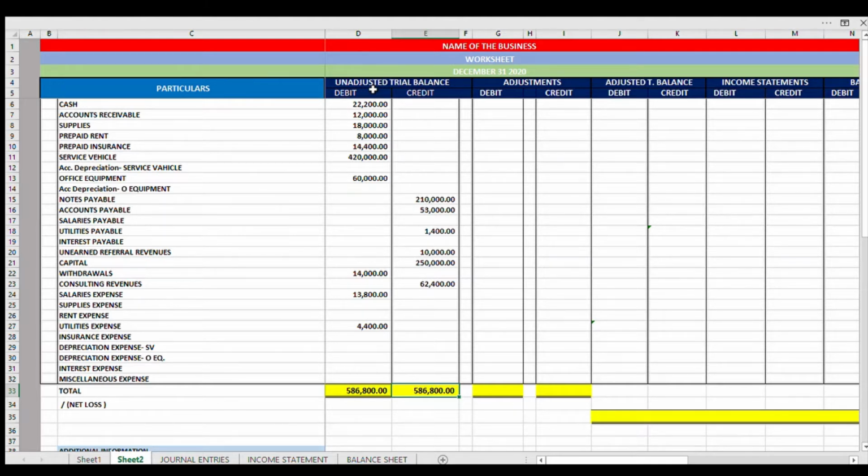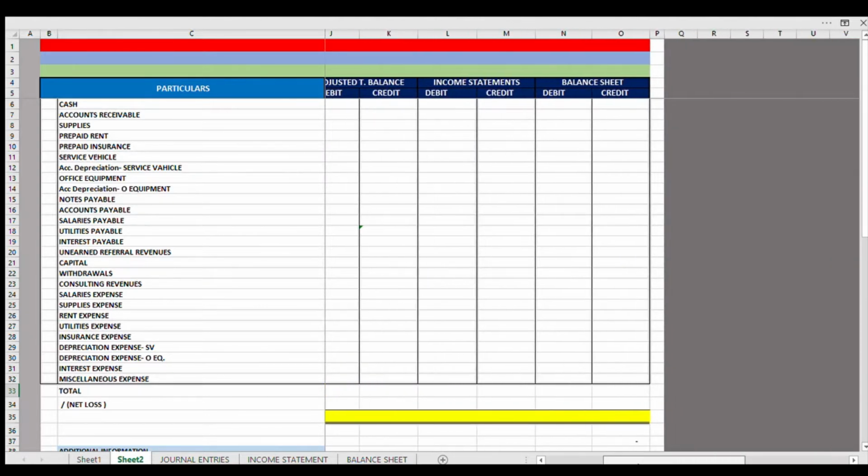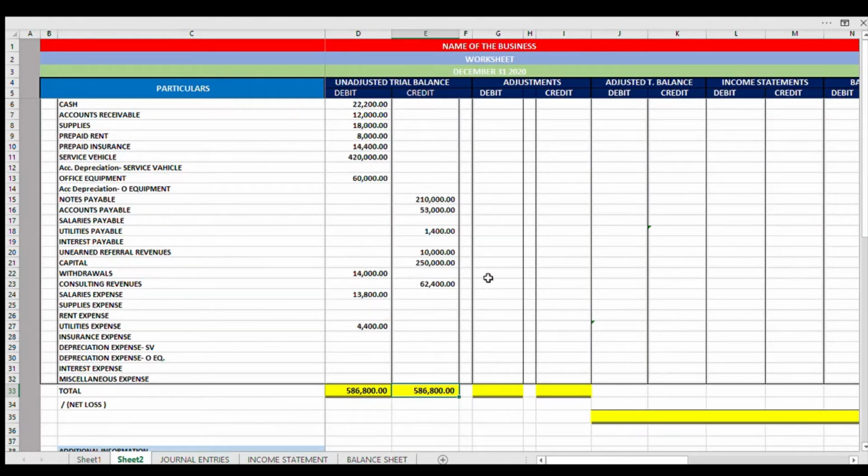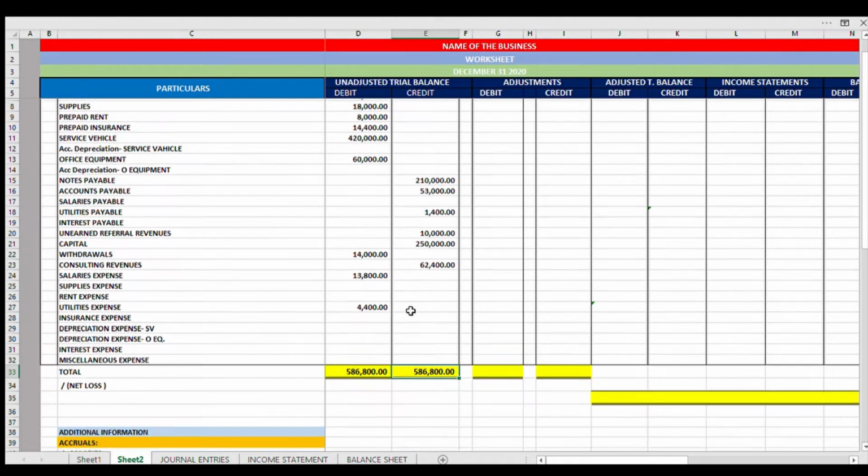We have the unadjusted trial balance title. Then we follow the adjustments, adjusted trial balance, the balance sheet, or rather income statement, at finally ang balance sheet. Okay, so we can now go on with the